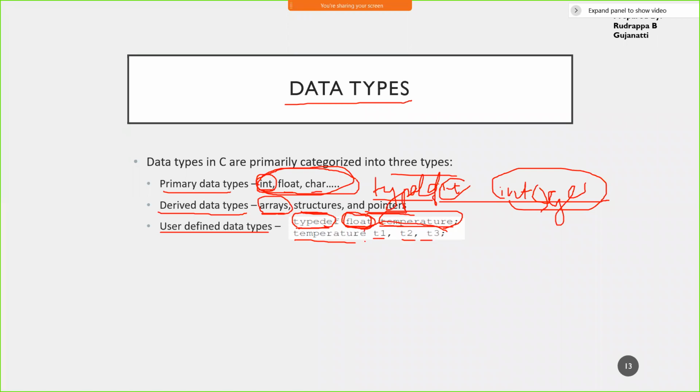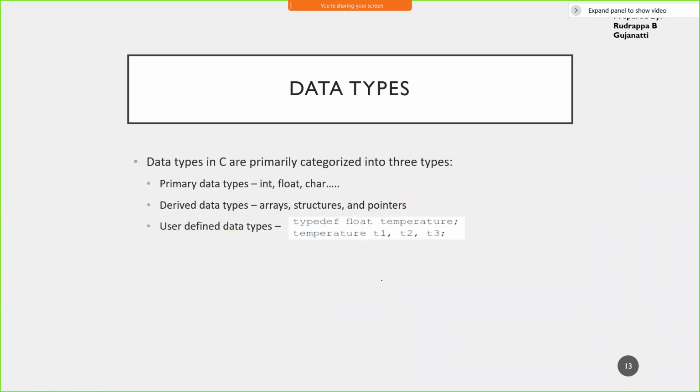Here T1, T2, T3 are nothing but of float type itself. For easy readability, in order to identify that T1, T2 are temperatures, you typedef this and tell that these are the temperature parameters. But they are actually of float type. So this is how user defined data types can be utilized.